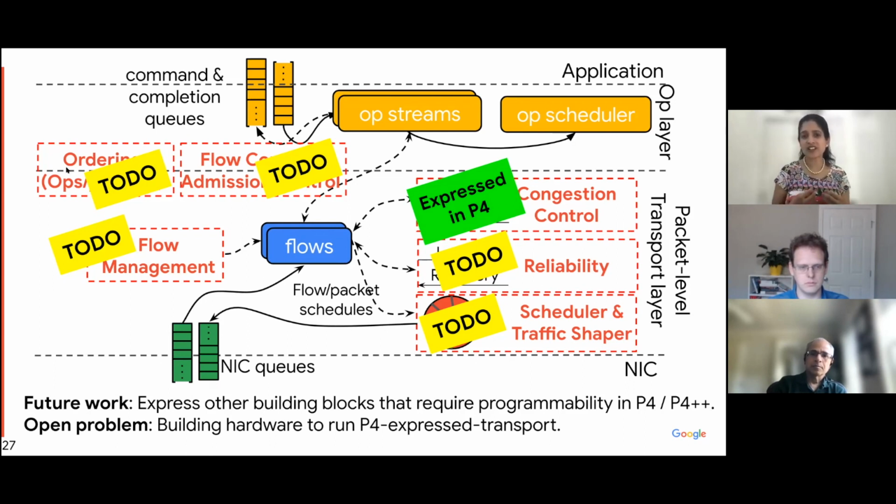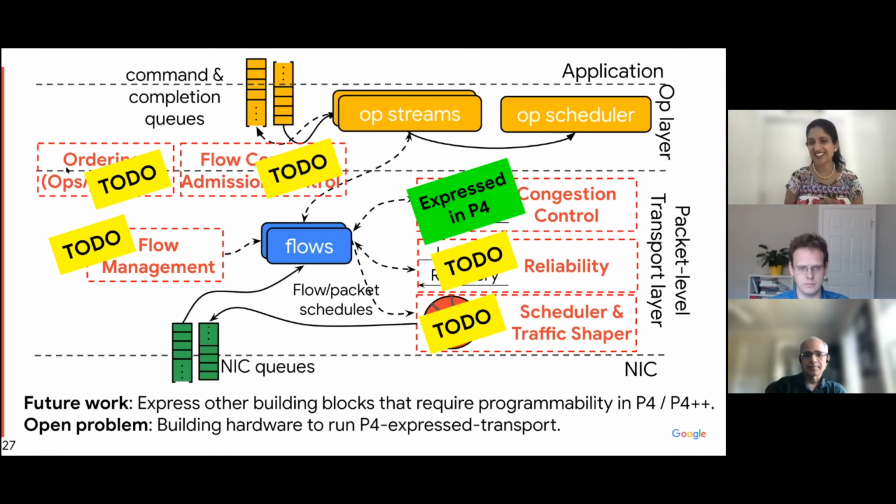A related point, or maybe a third point that I want to make, is when it comes to scheduling, we often think about TX scheduling or the transmit queues, right? But scheduling on the receive side of queues, on the receiver NICs, is actually just as important or probably even more important than the transmit side, because by then the packet or the operation has already arrived at the receiver. So there is really nothing much you can do about it other than either drop it or schedule it in some fashion. So I think there is actually a rich set of work to be done in this area going forward.